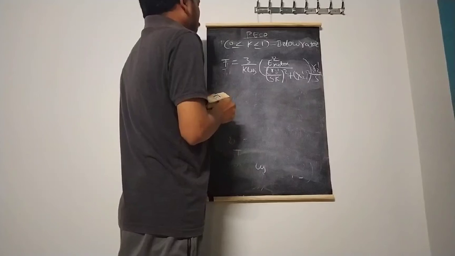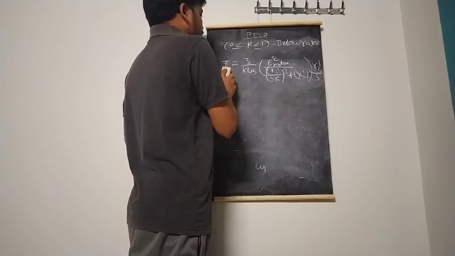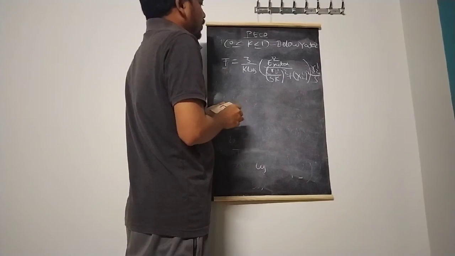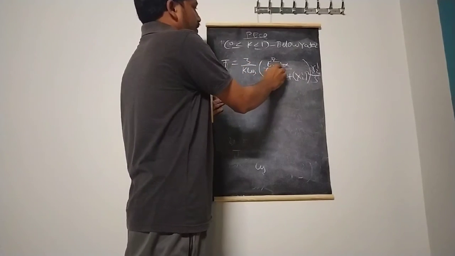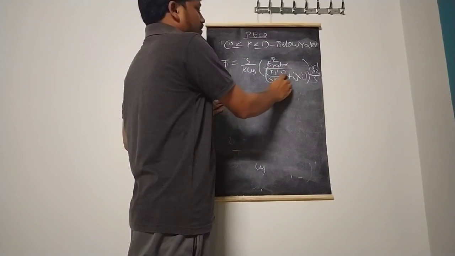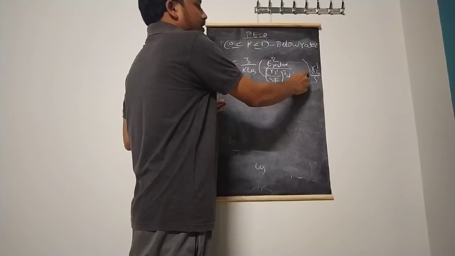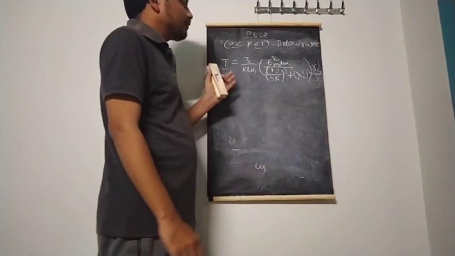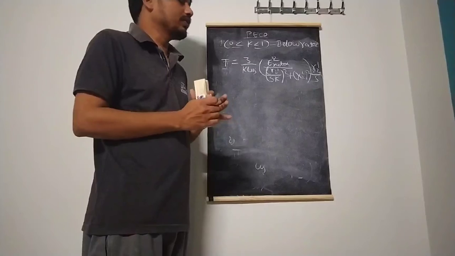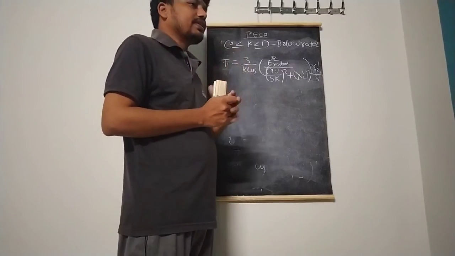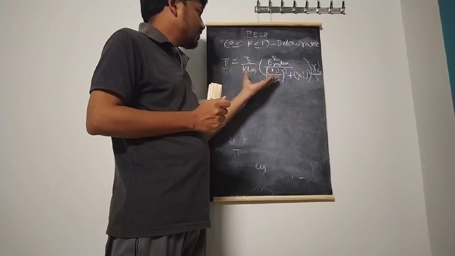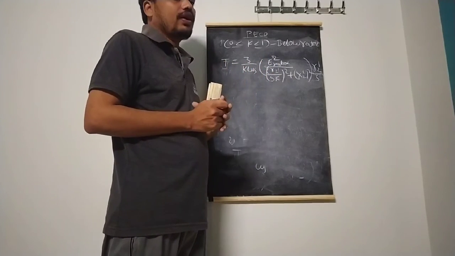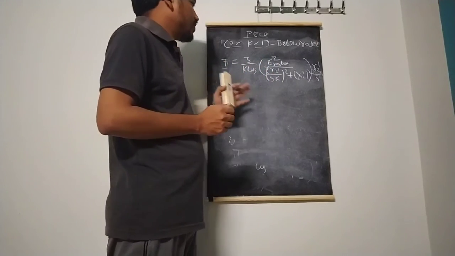So this is the final torque equation of a 3-phase induction motor. T is equal to 3 by k into omega s, E square into rated by (R2 dash by S) whole square plus (sk) whole square plus (x2 dash) whole square, into R2 dash by S. That means from the previous discussion we can conclude that the torque is a function of S, the torque as a function of rated voltage, but here the torque is a function of some sk term, that is the slip speed. So as a function of slip speed.